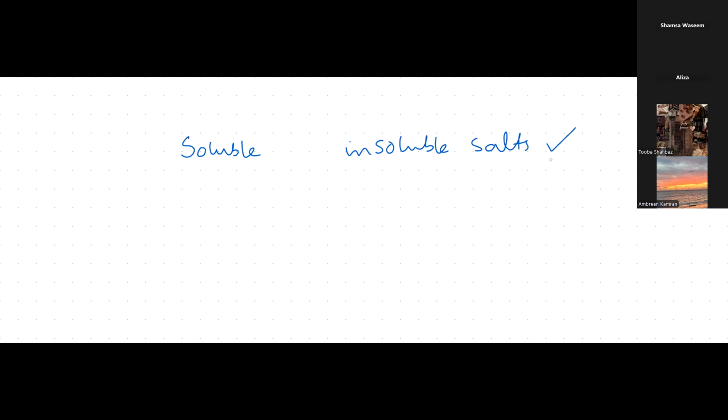Before we do that, we are going to do some solubility rules. But for this, you need to retain them. Yesterday, remember, I told you that we have to do ionic equations. For that, if you know the solubility rules, you can easily handle the aqueous solutions and write the substance in aqueous form, right? So the very first rule is that all nitrate-containing salts are soluble. All nitrates are soluble.